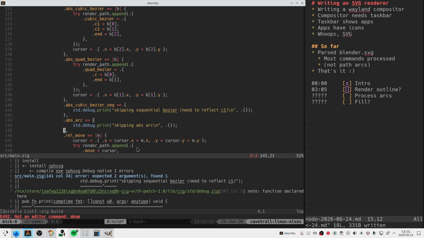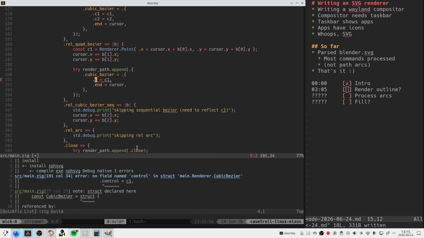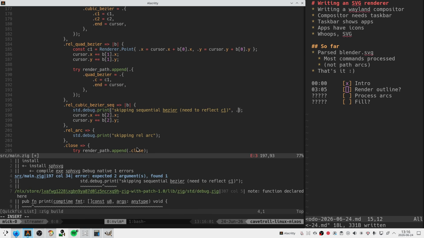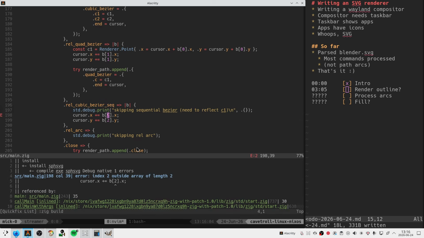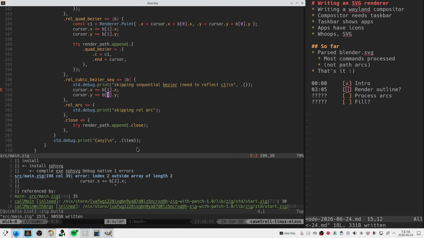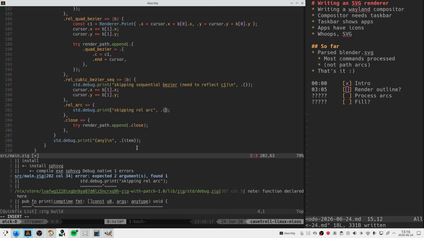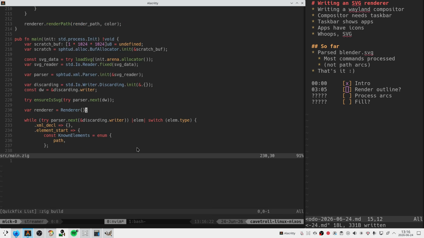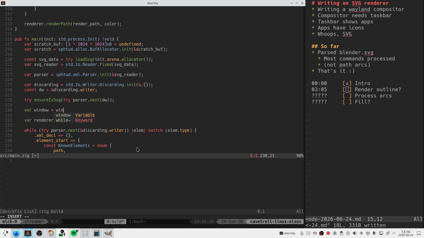Oops. Forgot our print argument there. Okay, another one. Okay. No. Yes. Okay, it's like something like this. Okay. This builds. So now we should be able to maybe get some window open